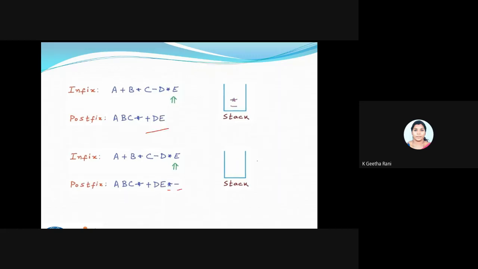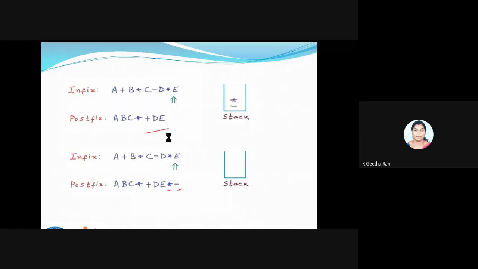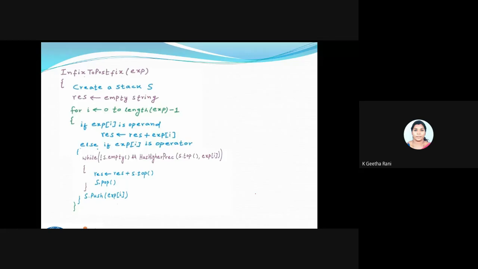Now we'll see a pseudocode for it. I'm giving you the pseudocode, and you try to build a program using it. Are you sure it is clear for you? If it is clear, you can just give me a text, so that I'll go for the pseudocode, or you can unmute your mic and say. Yeah, I'm getting the answer clear. Fine, everyone understood that, and then we'll go for the next one. Thank you. If you are clear in this, the pseudocode will be easier for you to understand.